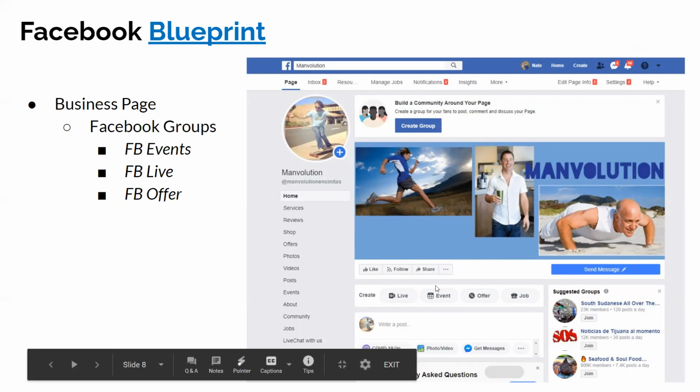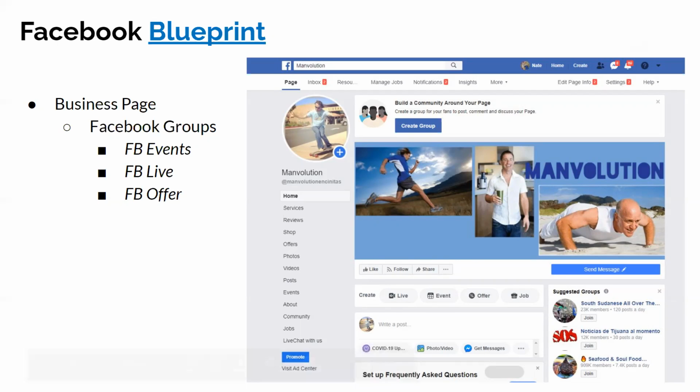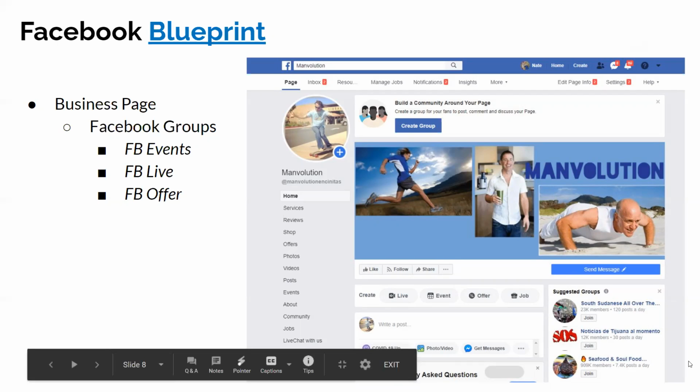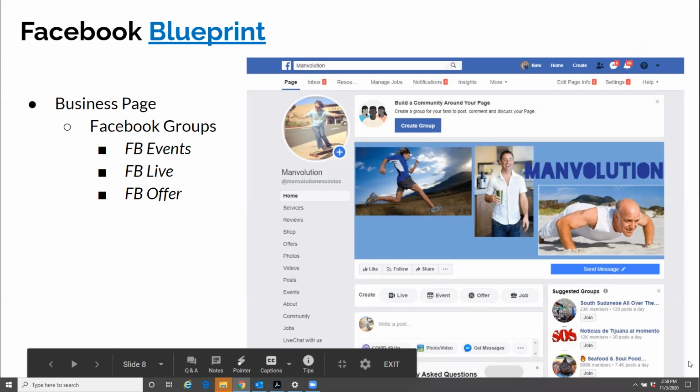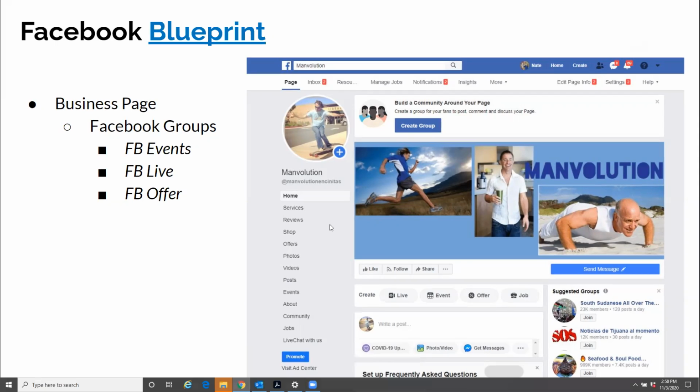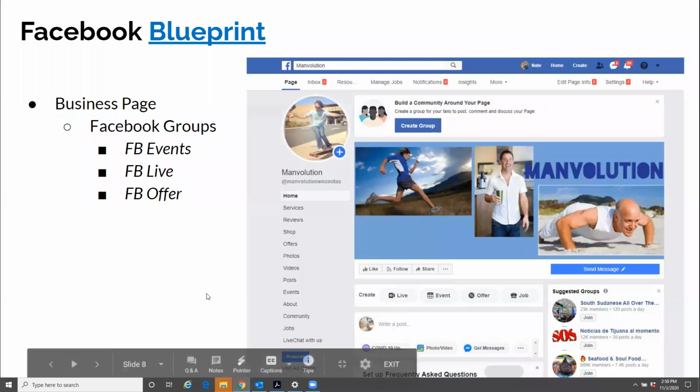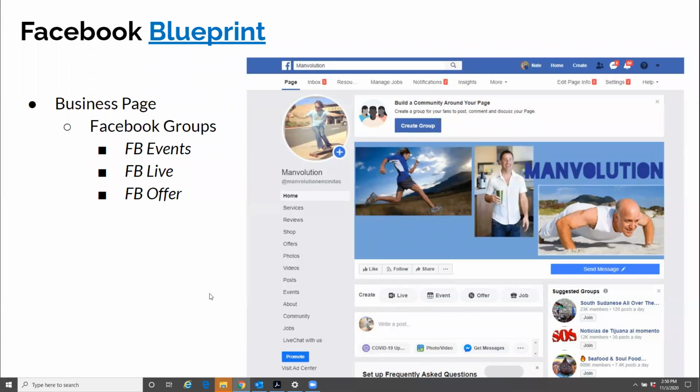You see that down here. You can do Facebook Live. The engagement rates on Facebook Live. Anybody want to throw that in the chat? I would like to see what you guys think about that. Facebook Live. What do you think the engagement rates are on Facebook Live versus just static posts? How many times higher do you think Facebook Live posts? That's Facebook Live, where you can obviously broadcast live to all your Facebook followers with live content.